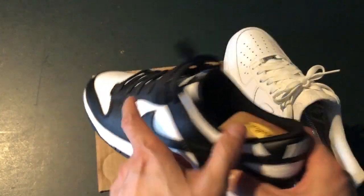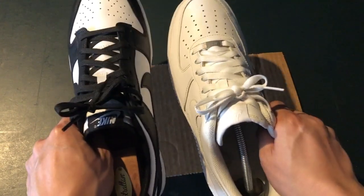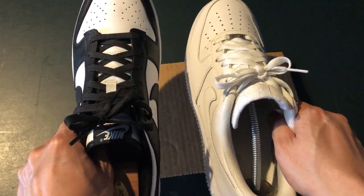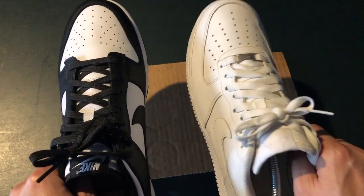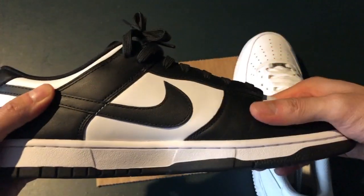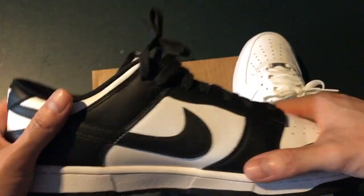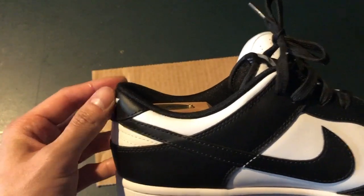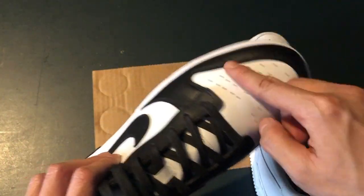So yeah, in terms of comfort, they're both the same comfort to me. I would say the Air Force One has a bit more comfortable factor, but that's because I've worn it longer. It's been a bit more broken in. Whereas the Dunk, I got this like last month, and right out of the box, it was fine to wear. The heel didn't dig into me that much. No issues with the toe box,